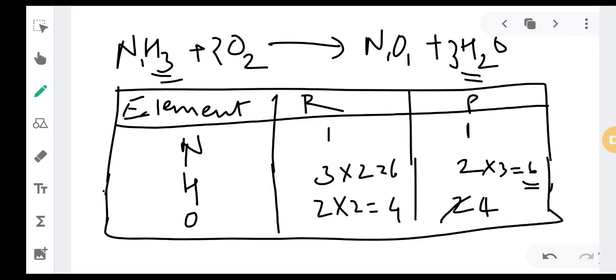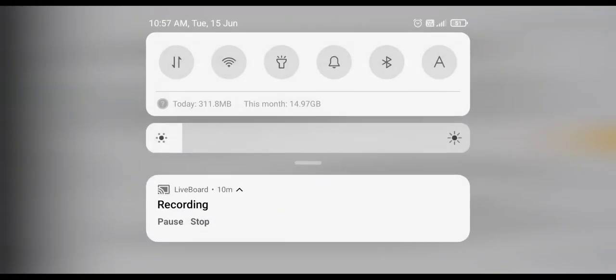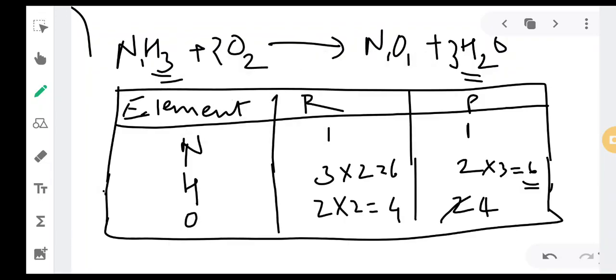Okay, so what we have done is not balanced yet. We have not multiplied 2 over here. Whichever 2 we had multiplied on the reactant side, we had not multiplied it over here. So hydrogen will become 6 in numbers on the left hand side, and on the right hand side if you see it is 6 in numbers already.